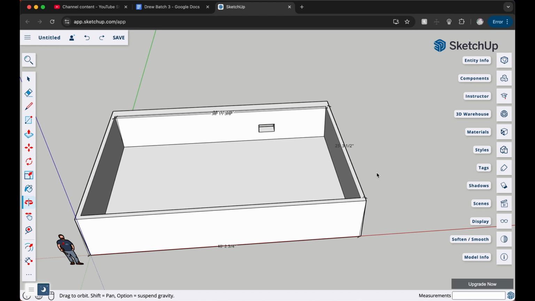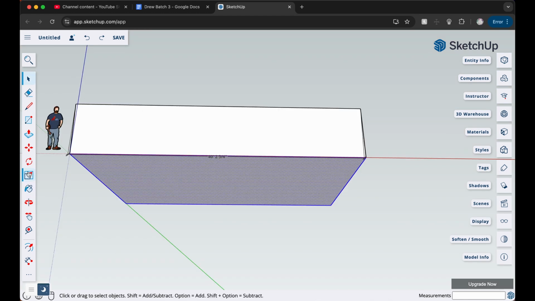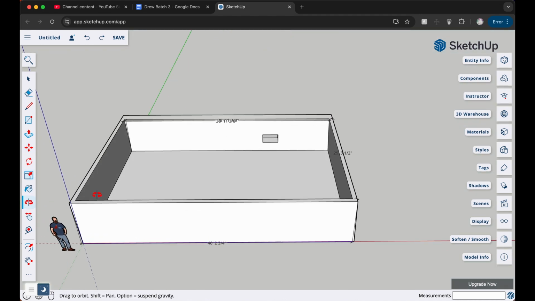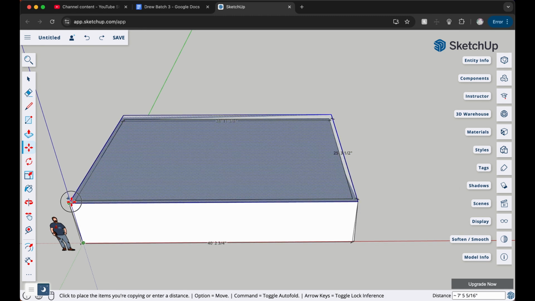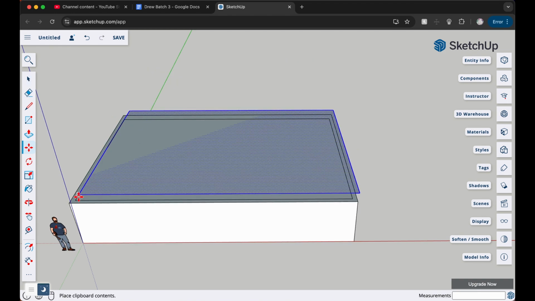In this video, I'll be showing you how to create a second floor in SketchUp. So the first thing you want to do is grab this tool, bottom, and press the move. Press Option. This will allow you to put on a second floor. So you want to copy and paste this and put the exact same one on the